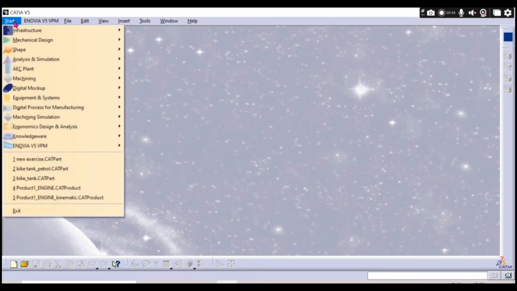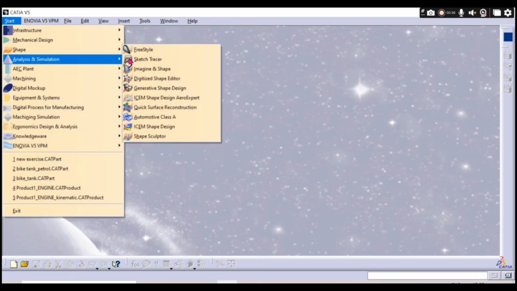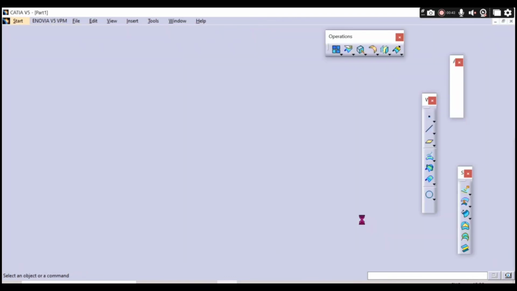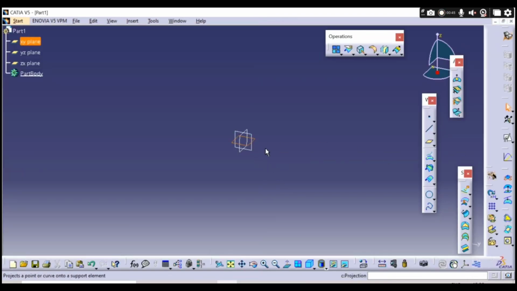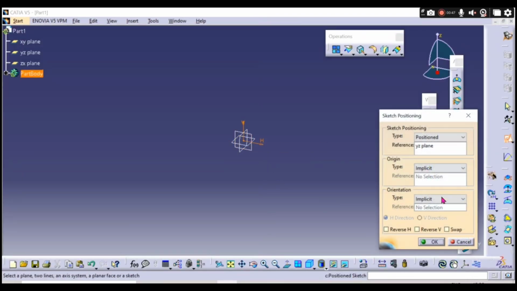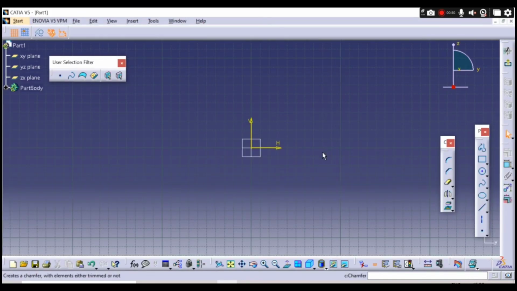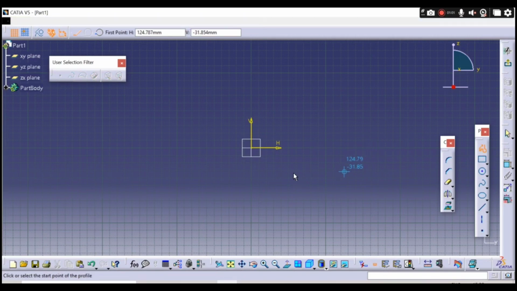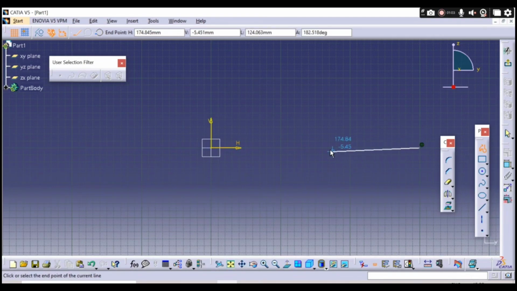So let's move on to start. Mechanical design, generative shape design, then press on enable hybrid design, then click the front view and position sketch like this. Take a car shape for reference while creating in CATIA. I have some shape here, a horizontal line outline, I'm creating the top outline. Then an inclined line like this,